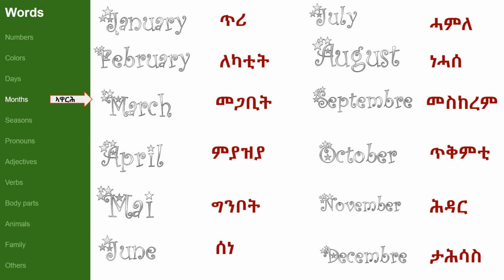Okay, let's start. January is ጥሪ, February ለካቲት፣ March መጋቢት፣ April ሚያዝያ፣ May ግንቦት፣ June ሰኔ፣ July ሐምሌ፣ August ነሐሴ፣ September መስከረም፣ October ጥቅምቲ፣ November ሕዳር፣ December ታሕሳስ።